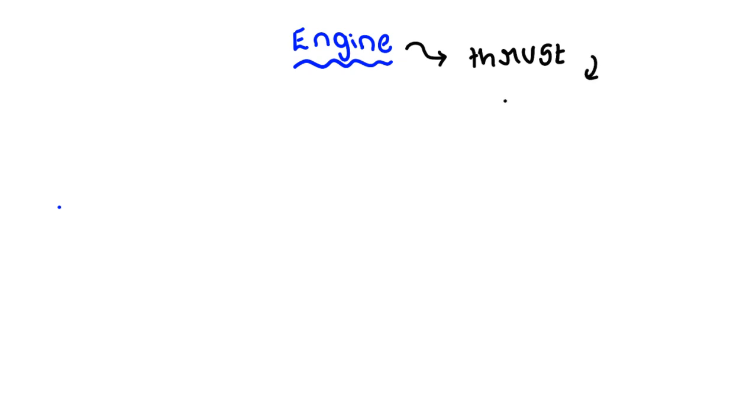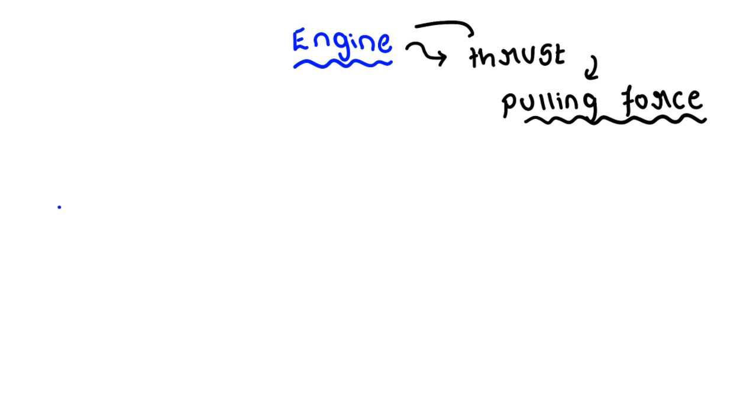First of all, an engine. What does an engine consist? Okay, see, we don't need to read about the technicalities, but we should know what and how it works. Engine actually produces the thrust. Thrust means pulling force. The pulling force to an object is called thrust. The same thrust would be generated by an engine. An engine in a car or an engine in a bike actually helps for the movement of the whole body,